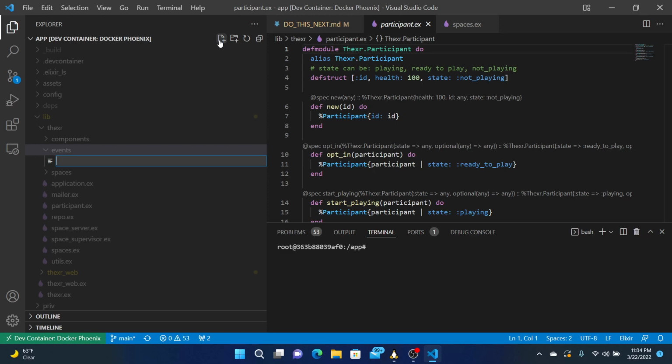So maybe create entity could be an event, and in the past tense, it would be entity created. And it would have the type.